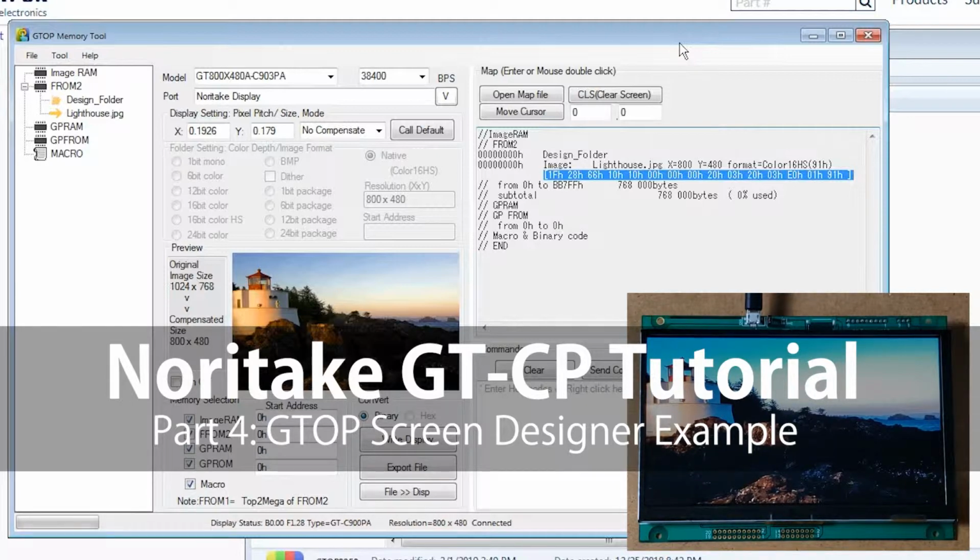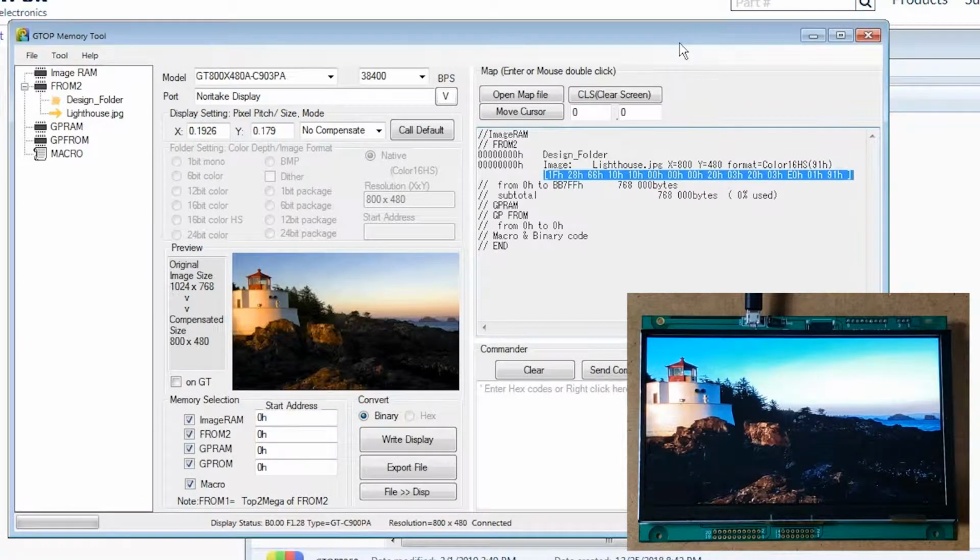In this video, we're going to use the GTOP Screen Designer tool to create a sample design and preview that design on our connected GTCP module. So following from part 3, we have the lighthouse.jpg image still, and we're going to use this image in our screen design. So starting from memory tool,